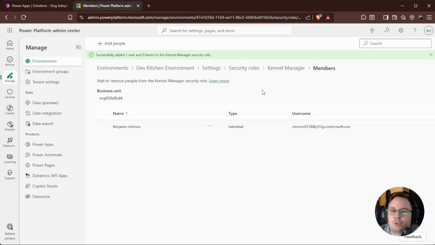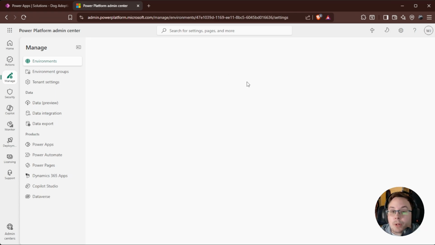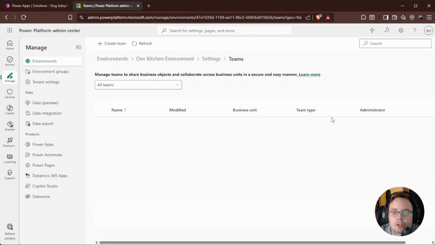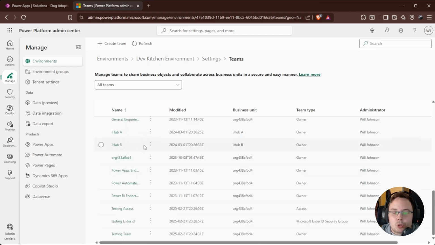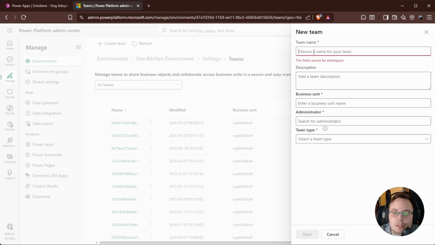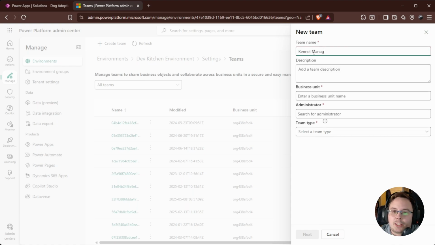Let's say I've got 500 users that are sat in a Microsoft Entra ID security group somewhere, and I want to be able to mass assign this security role to them. Assigning one by one is going to be tiresome and to some degree time consuming. Well, this is where we get into another part of the security model called teams. So over here, if I click on teams, you see there's a number of teams already created in here. But if I hit create team, I can go kennel managers, give it a description,